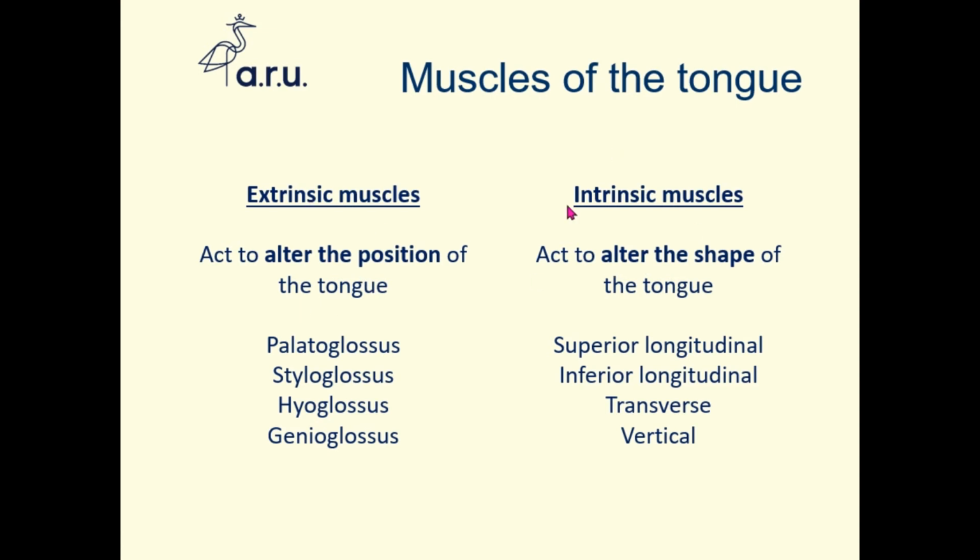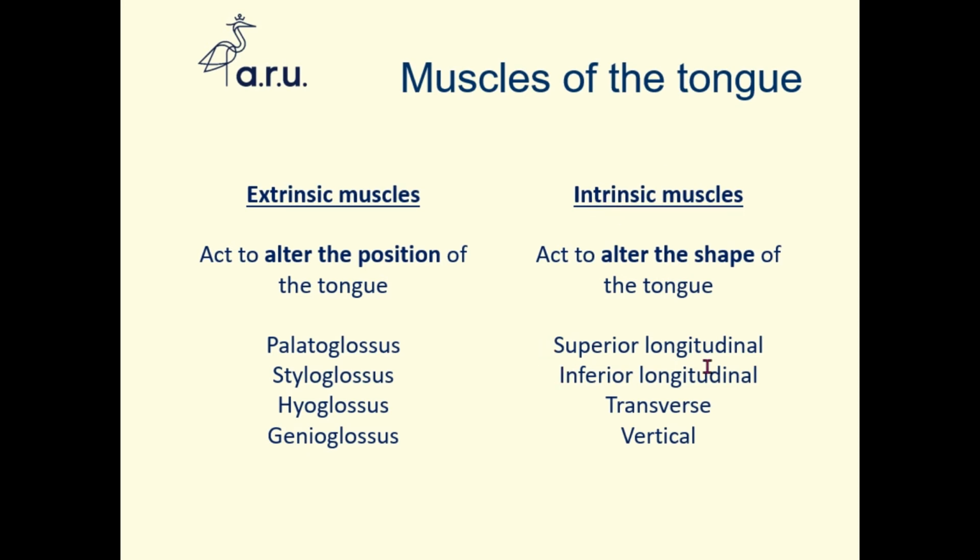The intrinsic category of muscles, on the other hand, are situated totally within the tongue and they alter the shape of the tongue, for example, moving it towards one side or rolling the tongue as part of activities such as speech or swallowing. The extrinsic muscles include palatoglossus, styloglossus, hyoglossus, and genioglossus, whereas the intrinsic group of muscles include the